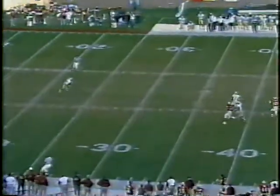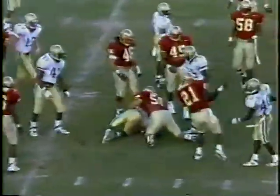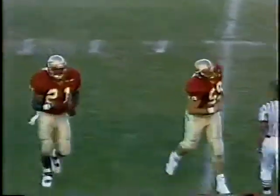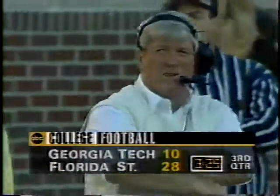Now they drive Perriman back to the 22-yard line, looking for an alley. He is out to the 37-yard line. I'm going to go back on something Coach Vermeil said, and that is the fact that Georgia Tech is hanging in the neighborhood here in the 2nd half. Let's remember they came in here as a 32-point underdog to the Seminoles. They're down by 18 now at